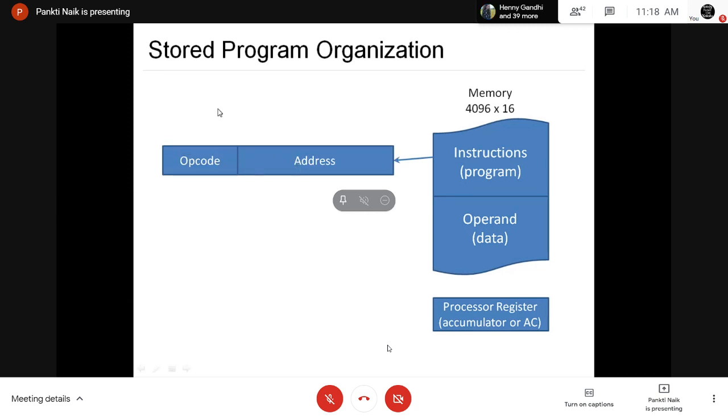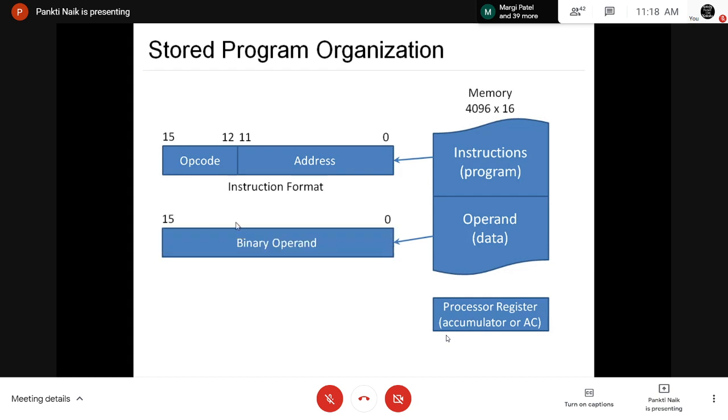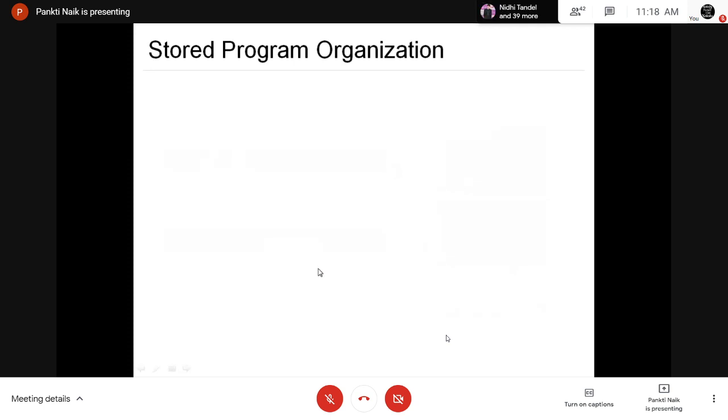Suppose this is the instruction format, where we have a 16-bit instruction format, 16 bits for the instruction, where 0 to 11, that is 12 bits, are for the address and 4 bits are used to define the opcode. And whenever you use the binary operand, 16 bits are used to store your data.